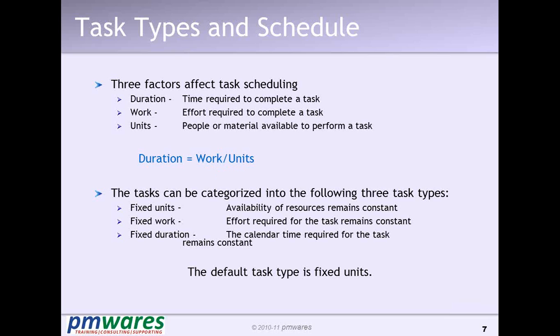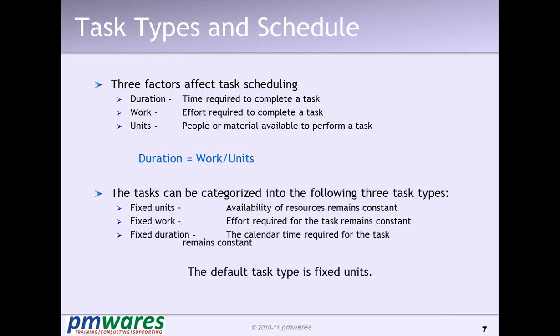So what is here by default? Because from the beginning, when schedulers were developed, auto schedulers, everything, the focus was on duration. Nobody was bothered about the work at that time. So in MS Project, by default, duration is given priority. So what happens when you enter the duration, the work gets calculated.